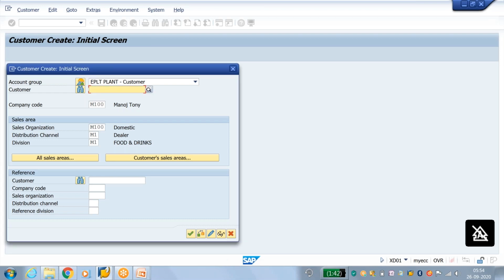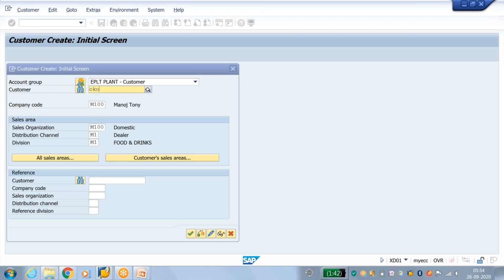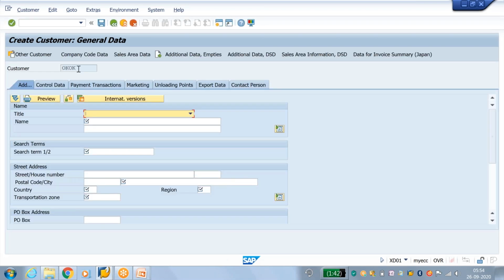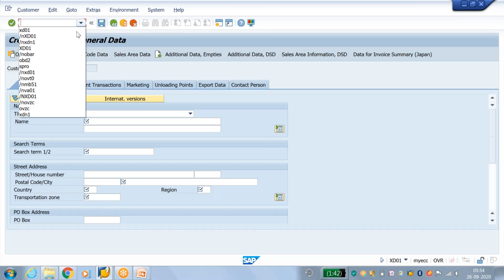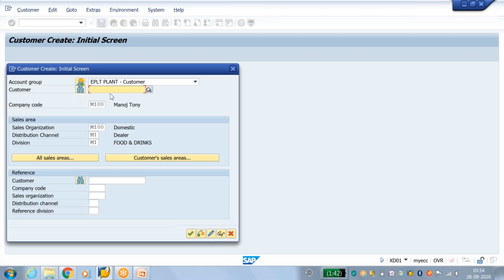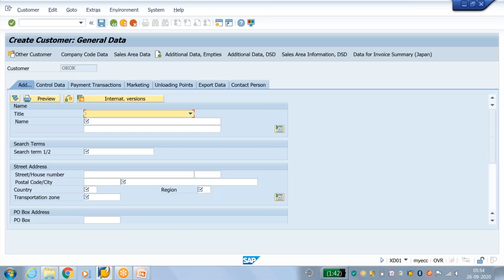Now this DRFG will be your customer number. So now I am assigning externally. Here we are assigning externally, so DRFG will be your customer number.